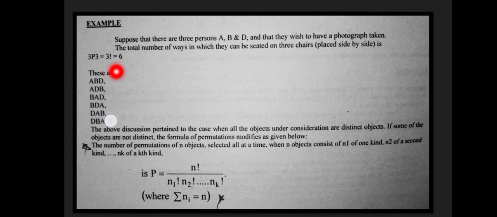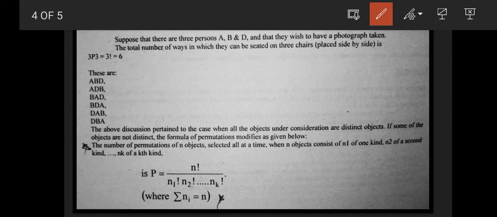From the previous example, we have learned an important result as well. Before going to the next example, just see this. Let's see this result which we have obtained from this example. 3P3 is equal to 3 factorial is equal to 6. We have obtained an important result, nPn. We have to tell the number of permutations of n objects selected from n distinct objects. If r is equal to n, nPn is equal to n factorial.